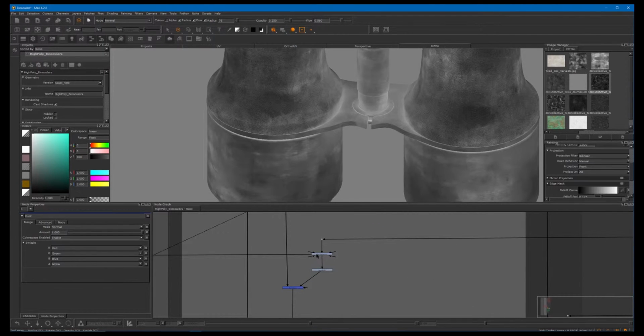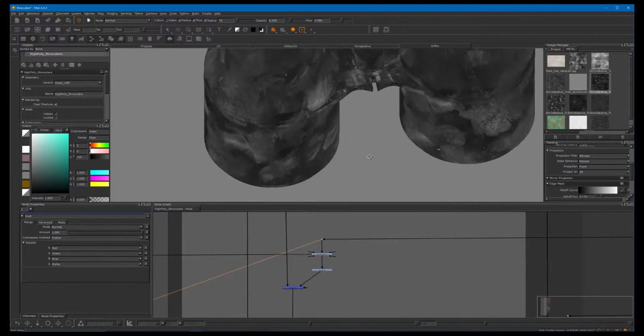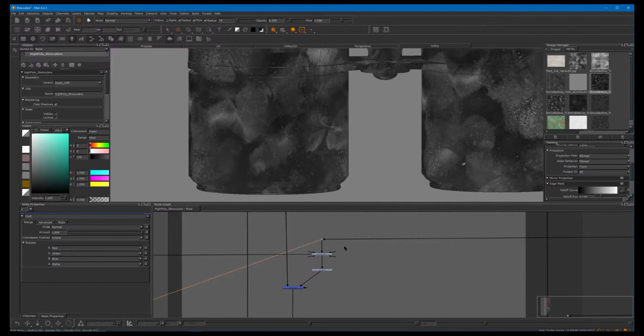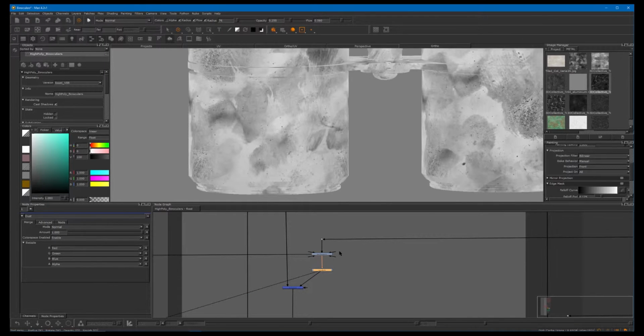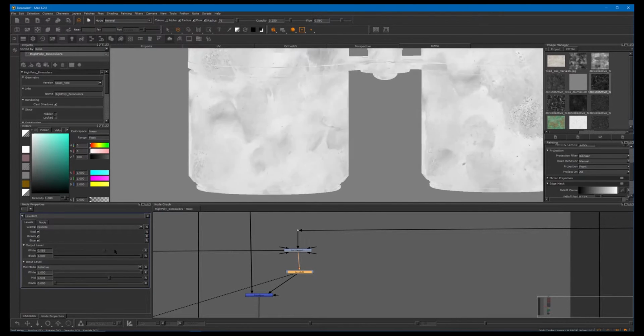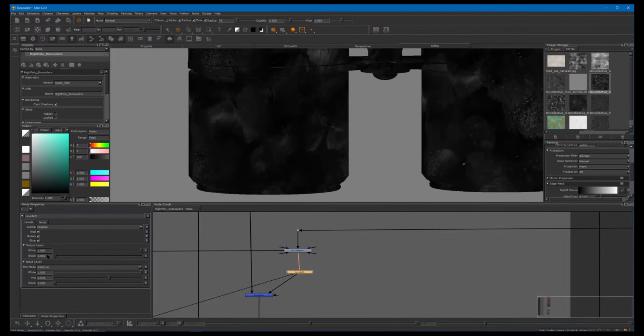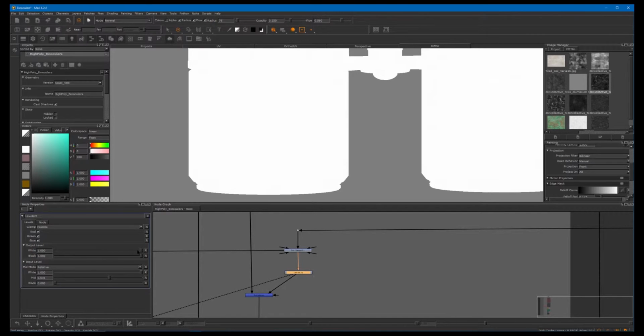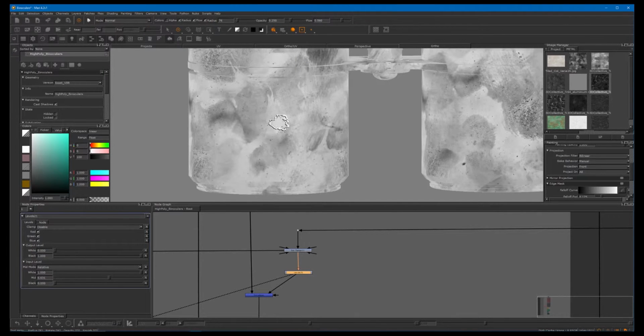And then we have this texture, so that's gonna be the smudge. I want the smudge a bit more shiny, so I've got a set range here, a level. In the level I will invert the white point and the black point, so that's the same thing as an invert node, except that I do it in my level. I took the black point, put it at 1, and the white point I put at 0. So now I've inverted the value,